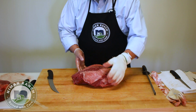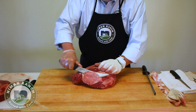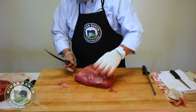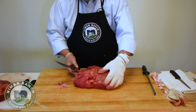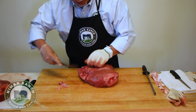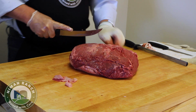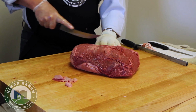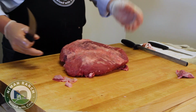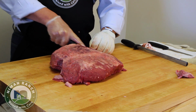Again, I told you we had a couple of sirloins to cut, so I'm just going to cut this one a little bit different than the first one. On the first one, we followed this line down, which was the baseball steak here. We're going to leave it on this one, but I'm going to come into the back part here and cut out a little bit of this sinew. A little bit of a tougher piece, not very palatable, and doesn't look good on anybody's plate, so I'm going to remove that. Boom. So this piece, really simple, really easy. Once again, the cap is removed, the mouse is out,